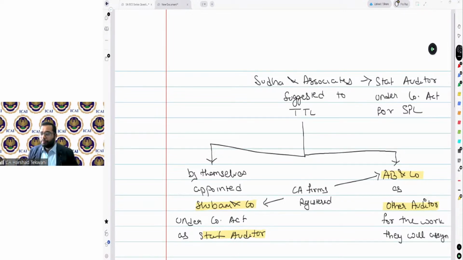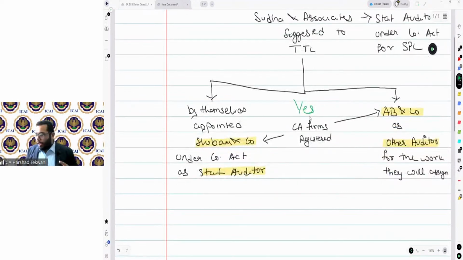Good, Purvi Ben. Good, Viraj. Okay, so the answer is yes, they can. I'll tell you how, and we will understand the role of the component auditor and the principal auditor relationship. That is very important. Statutory auditor has responsibilities which are defined under the Company Act. He is required to report as per the provisions of the Act. So it's well defined.